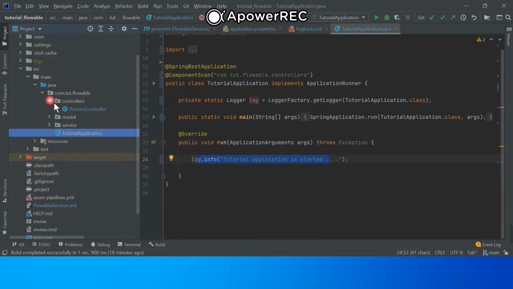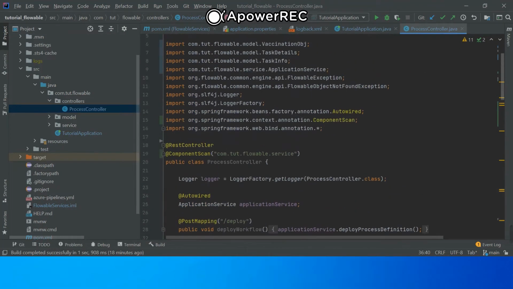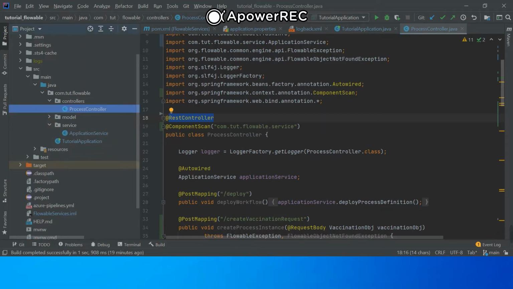When we look into the controllers, we have this process controller where we have written the endpoints, and this annotation has been used in Spring Boot for mentioning any controller like REST controller, and component scan I'm using for the services package. So compute flowable.service is my service package.